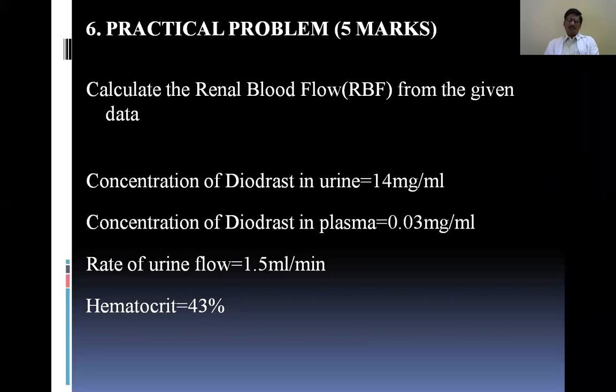In those substances, normally they are used to calculate the GFR. And if we use a marker or substance which is filtered as well as completely secreted, you know, in our kidney we have two capillary networks. One capillary network is the glomeruli, the tuft of capillaries where filtration occurs. Filtration of 20% of the plasma flowing through it will be filtered as GFR, and the rest comes in as a renal artery and goes out as a renal vein.